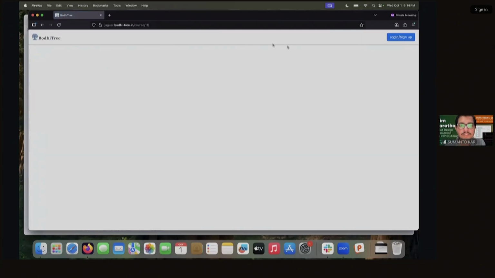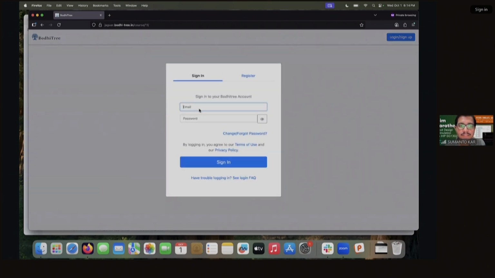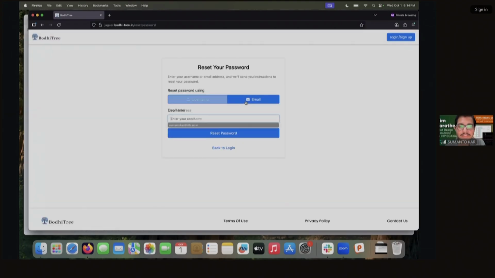Once you open it, it will redirect you to the Bodhi 3 page, and you can log in here by giving your email ID. You will not have your password at the start, so you can give your email ID, and a password reset link will be sent to your email.